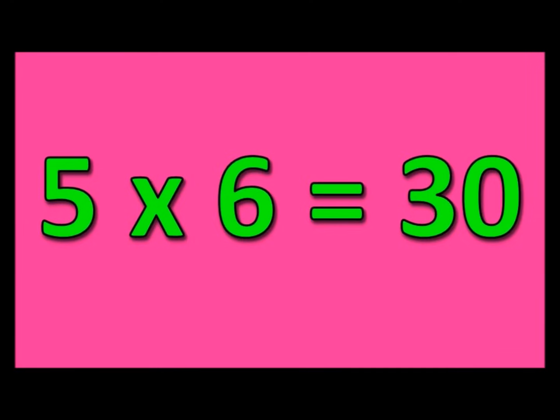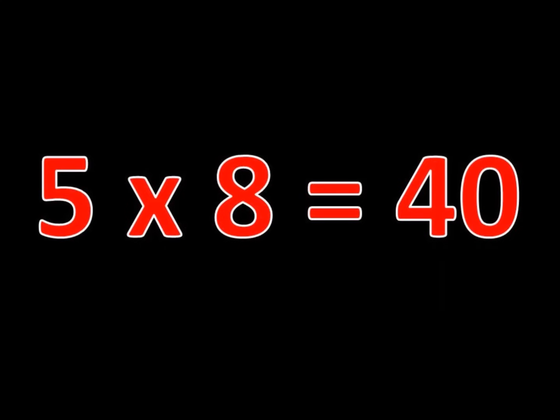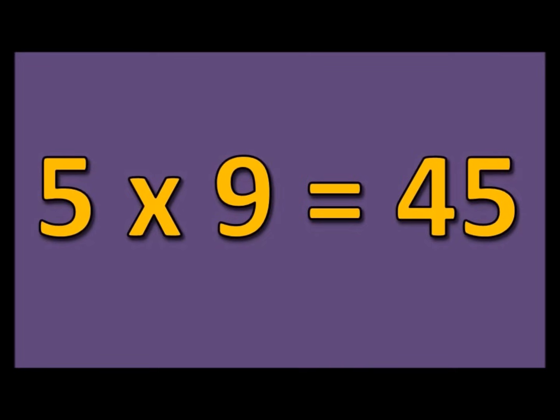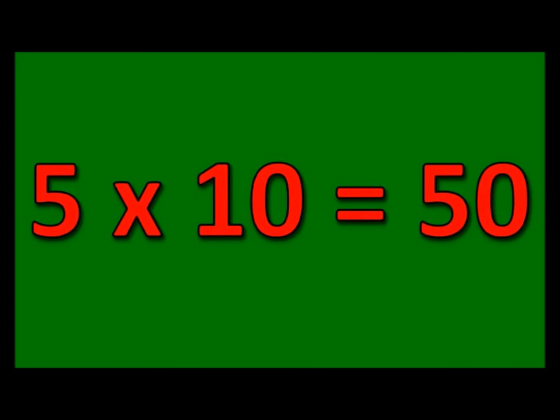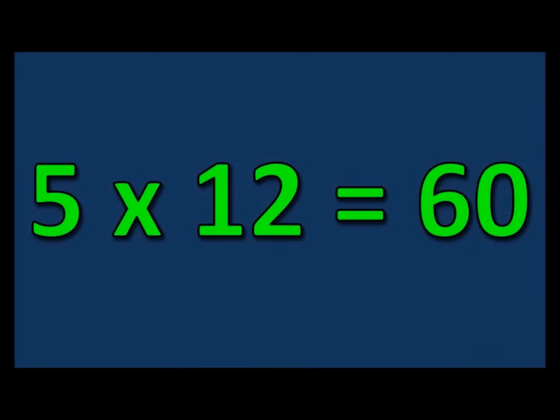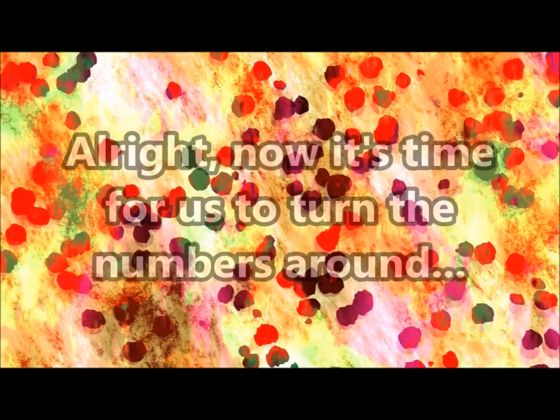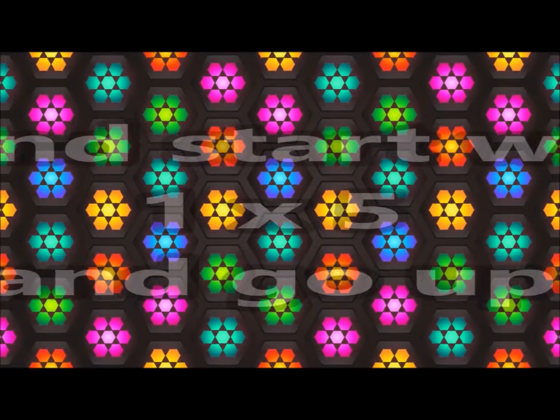5 times 6 is 30. 5 times 7 is 35. 5 times 8 is 40. 5 times 9 is 45. 5 times 10 is 50. 5 times 11 is 55. 5 times 12 is 60. Excellent job, everyone. All right, now it's time for us to turn the numbers around and start with 1 times